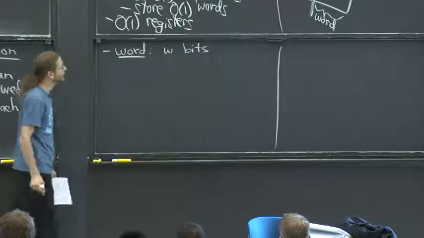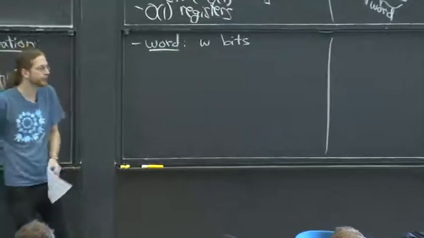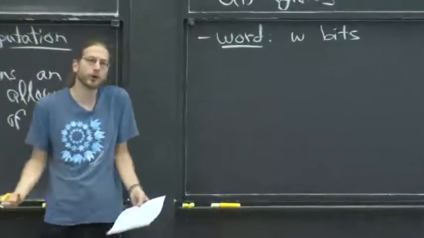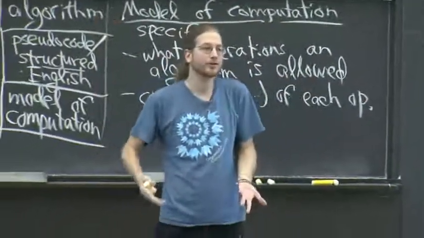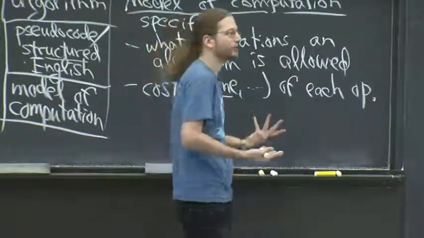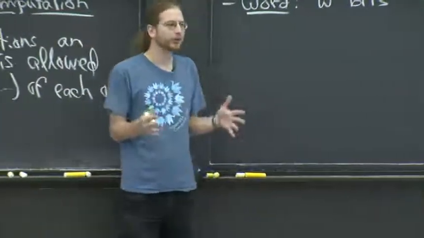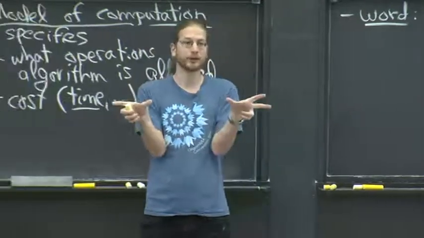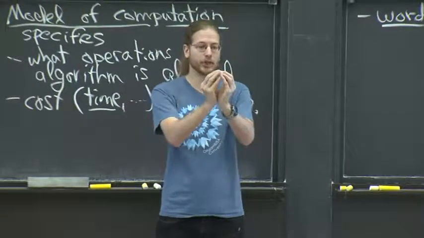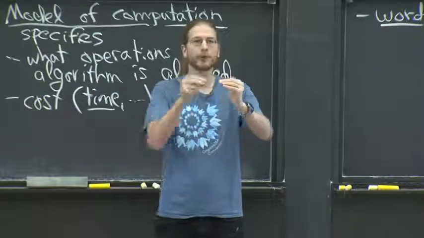It's slightly annoying. And most of this class, we won't really worry about what W is. We'll assume that we're given as input a bunch of things which are words. So for example, peak finding. We're given a matrix of numbers. We didn't really say whether they're integers or floats or what. We don't worry about that. We just think of them as words, and we assume that we can manipulate those words. In particular, given two numbers, we can compare them, which is bigger. And so we can determine, is this cell in the matrix a peak by comparing it with its neighbors in